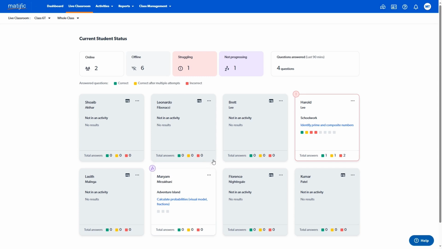Each student card has several shortcuts allowing you to view their performance and progress reports, edit their details, or download their login cards. You can also help a student log in quickly